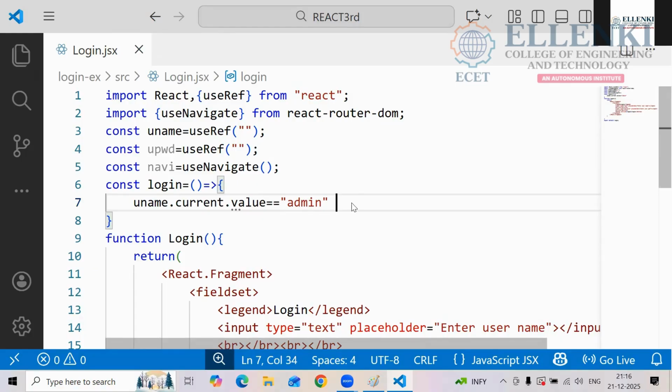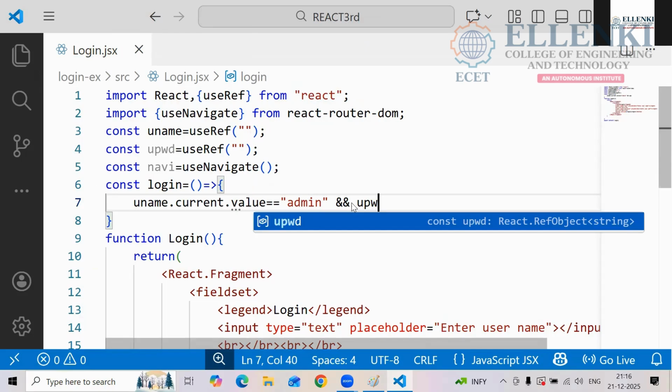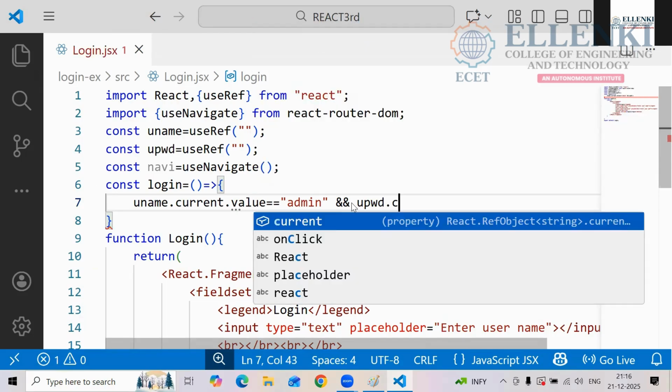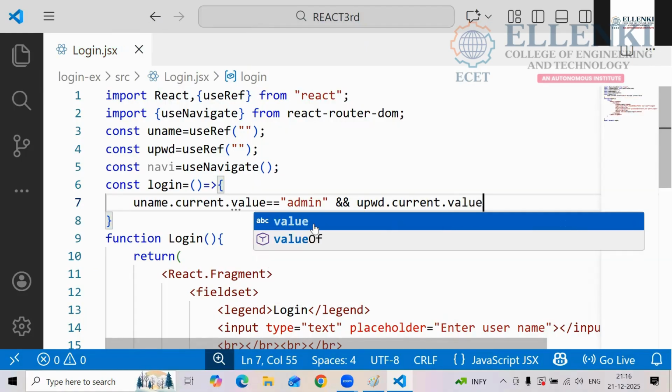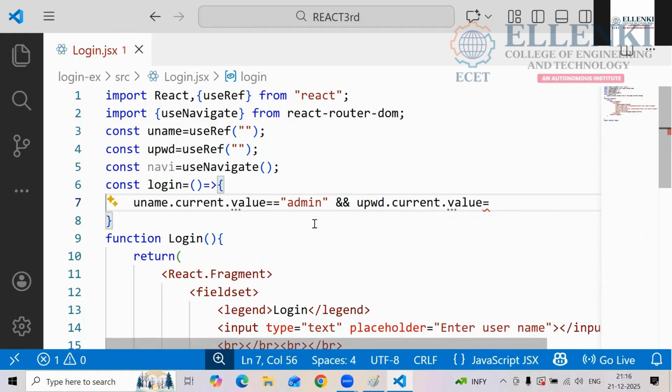How will you get the and symbol? And now upwd, password, upwd dot current dot value equals to admin. Here this one also I am writing as admin only. Equals to, we have to give admin.